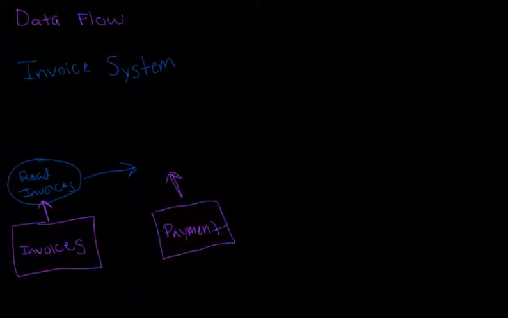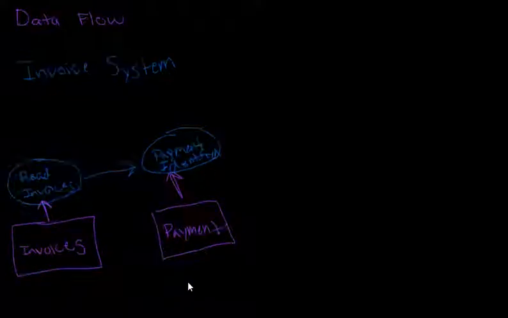It's going to use that information. So we'll say that at this point in our architecture, the payment has been identified. So we've taken this invoice data, and we've used it as an input for our payment function,